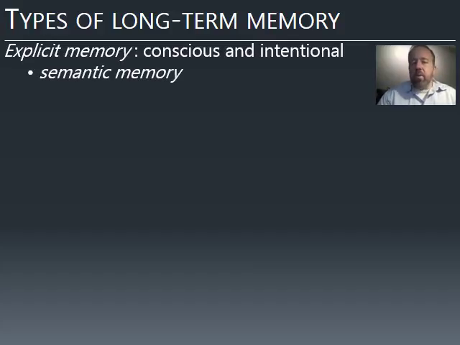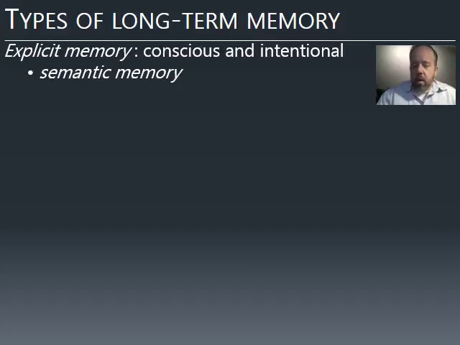So one type of explicit memory is semantic memory. We already talked about semantic encoding, where you take in information in the form of meaning or significance. Semantic memory is partially about the meanings of words and things like that, but it's mainly about facts. So something that you haven't directly witnessed, but you studied or learned in some way that is fact-based. It is a statement that you can articulate. That's why it's often called declarative memory instead of explicit memory, because these are things that you can describe, you can state them, you can declare them. Anyway, so semantic memory is